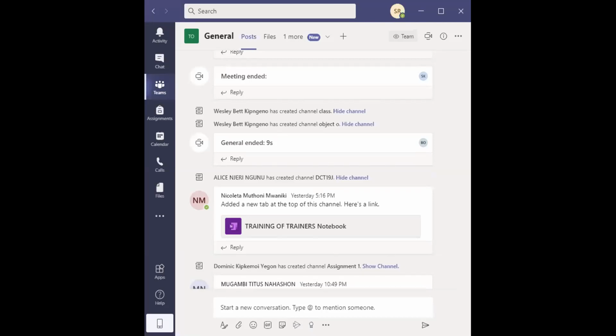But I have posed a question to Madam Muhani Igesha. Having scheduled a meeting and having sent the invitation to my class, how do I know that they receive it, and how do they join the meeting? Thank you.